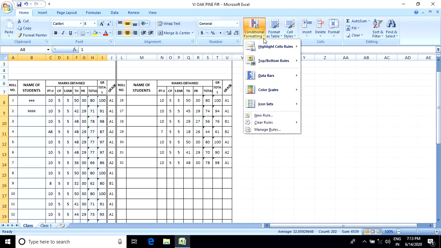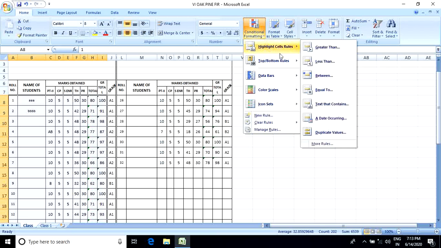Conditional formatting, the formatting we use for a condition, that is conditional formatting. So suppose I want to show the result, how many students got above 90.